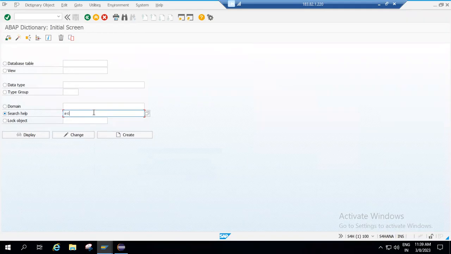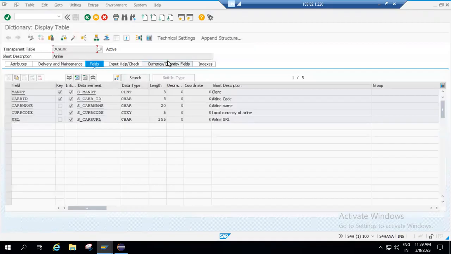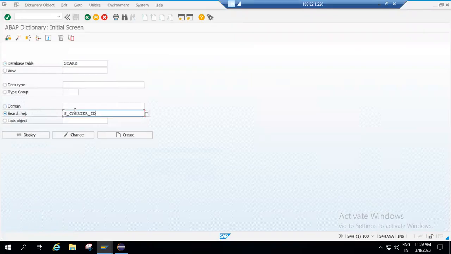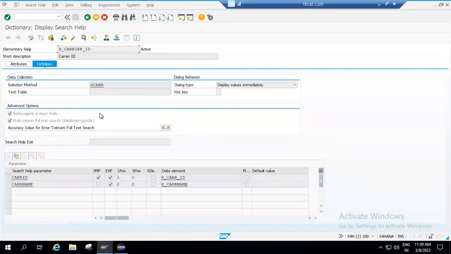Okay, so suppose let me go to the table. For this one, I would like to go for the search. Suppose this is my search help based on carrier ID. Just go to the search help and click on display. Previously we didn't have an option like this enhanced option. This is newly enhanced in HANA systems, and 7.3 and above, meaning 7 series and above, also provided, but